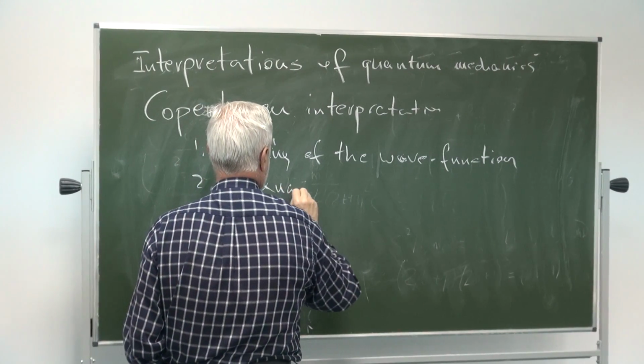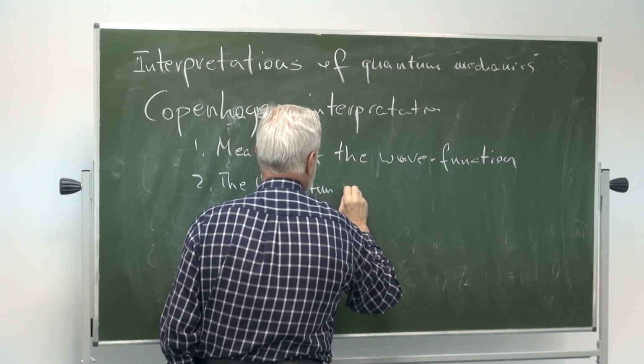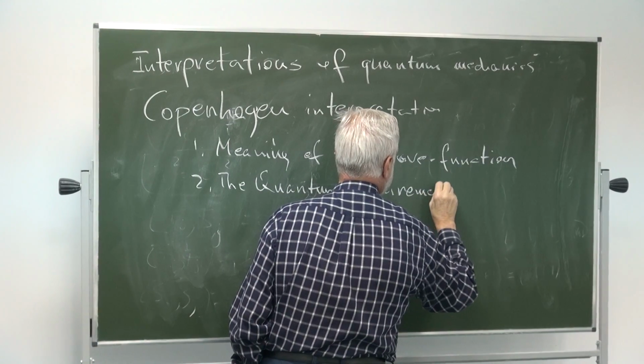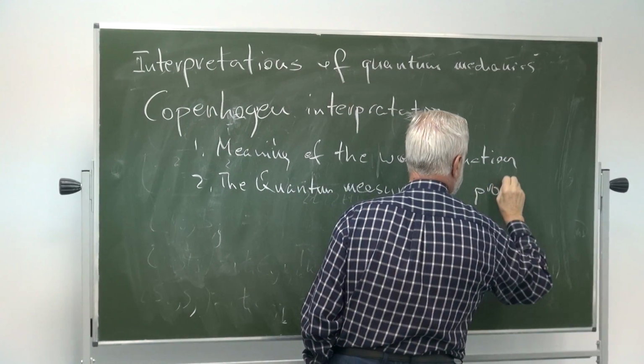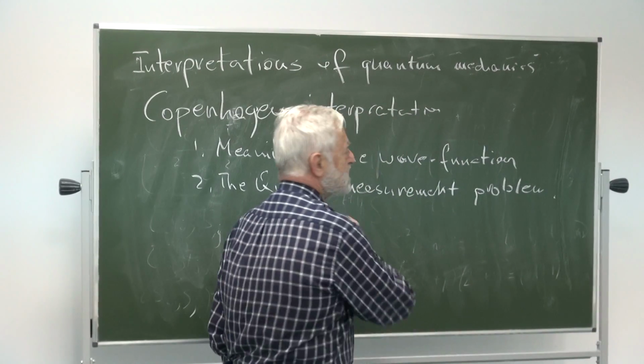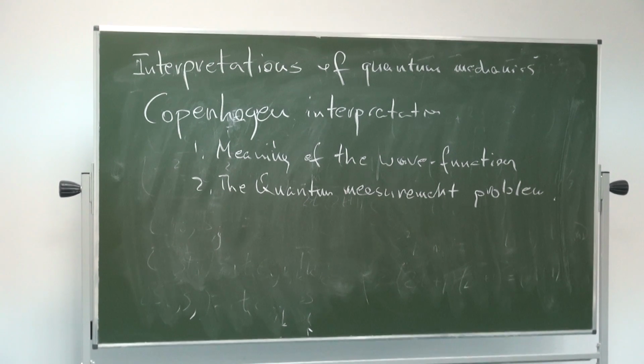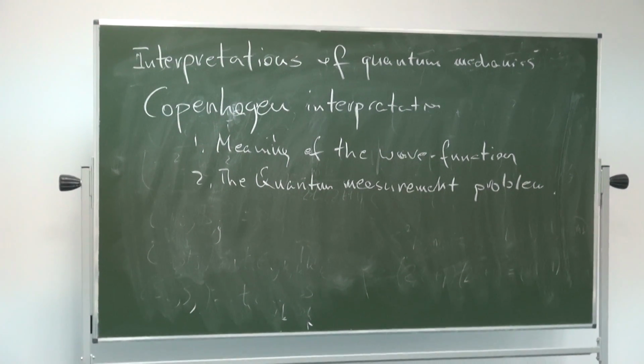The quantum measurement problem. Let me start with the second point, which in this interpretation is typically the weakest. For this point, many criticize the original Copenhagen representation. So in this very orthodox interpretation, measurement is a truly mysterious effect of